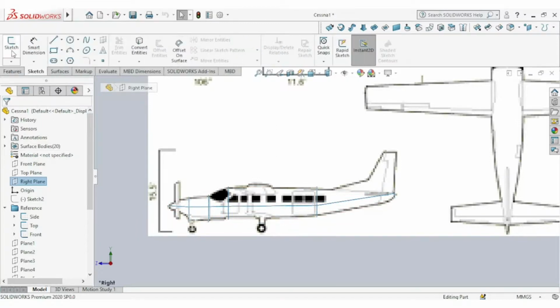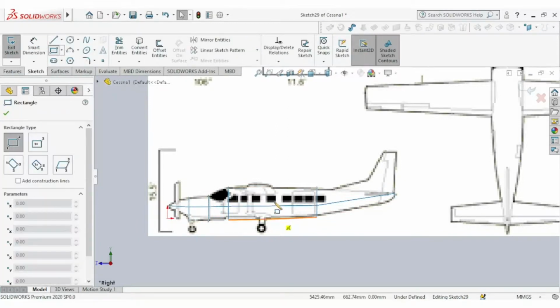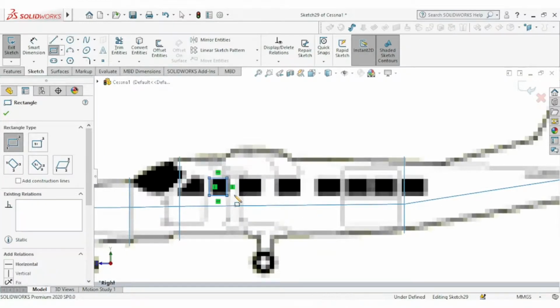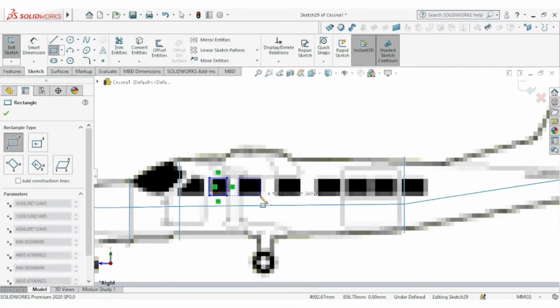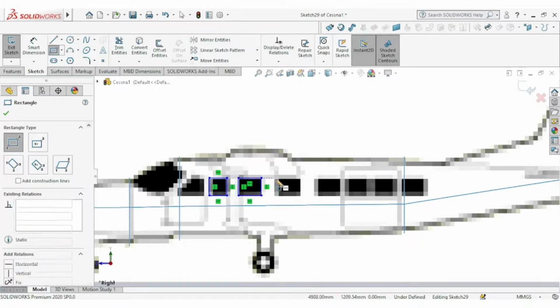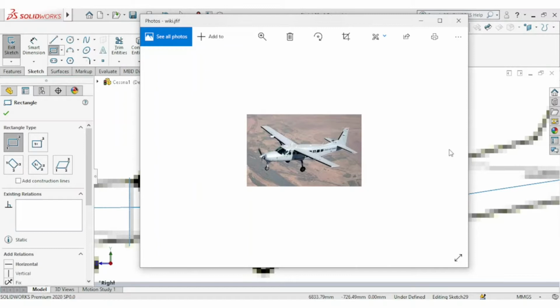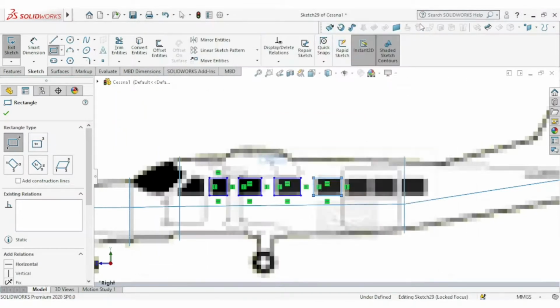So right plane sketch. Let's select windows. This is the Cessna 208 Caravan. And then we see the reference images.